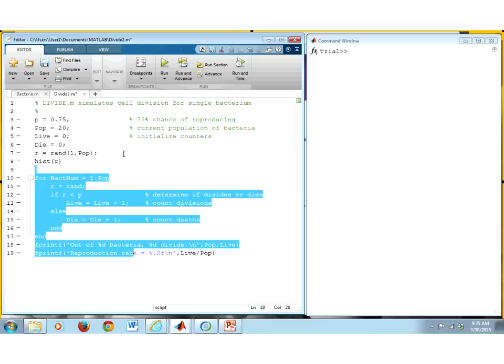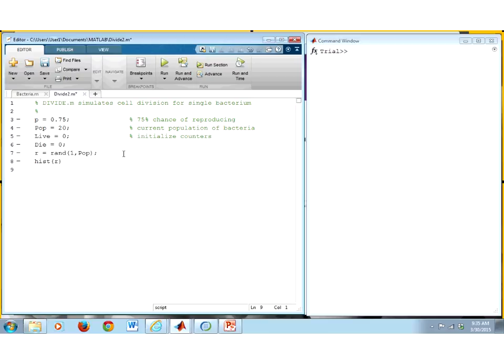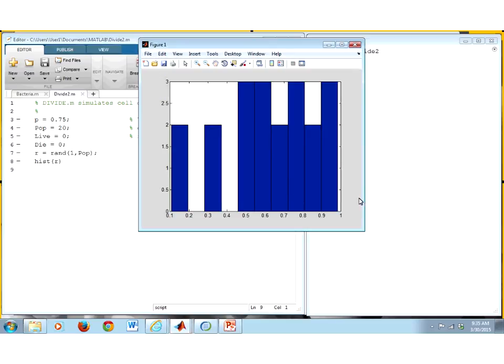And so I'm going to get rid of all my earlier output and the loop, and essentially here just with R equals random1 comma pop, we're simulating all these events, although we haven't at this point decided how many live or die. We can run this